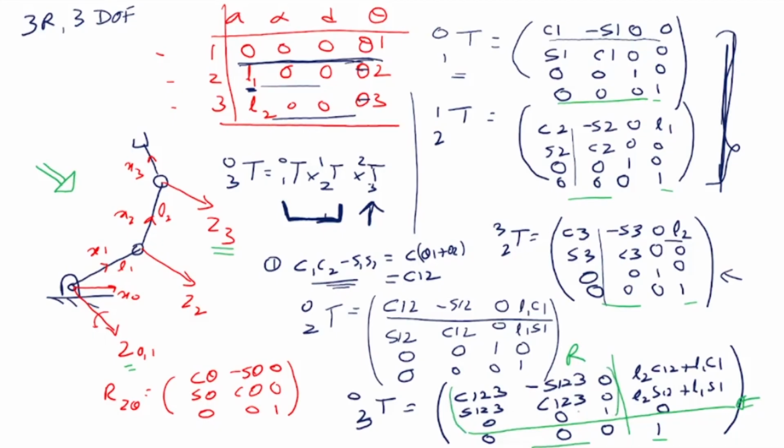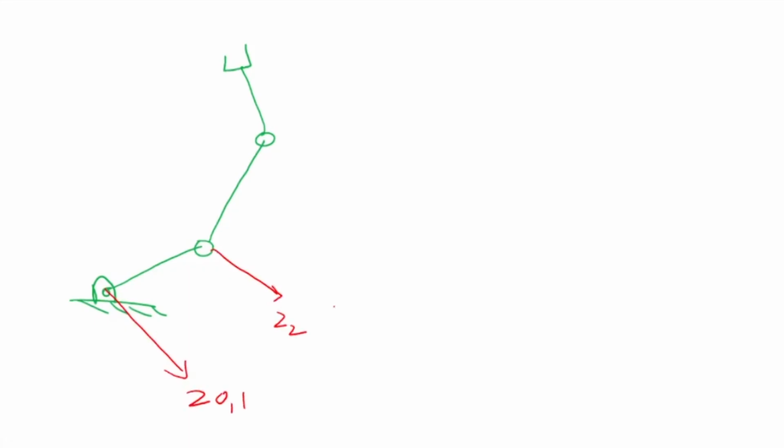If you look at the structure, it is saying that it's a rotation about the z-axis. Let me draw it and explain it, because this part is very important for us to understand. Let me draw it a little bigger so that it becomes clearer. So what I did is we put z0, z1, z2, z3 here. This is my x0, this is x1, this is x2, this is x3. And this was my theta 1, that's theta 2, that's theta 3.